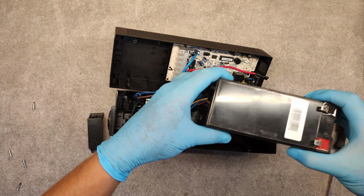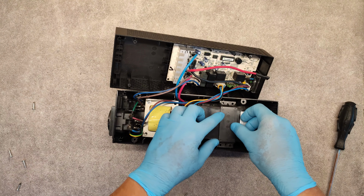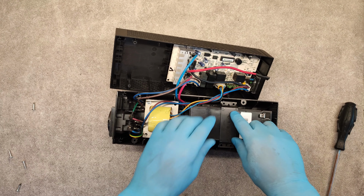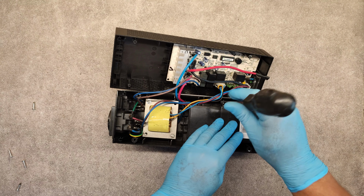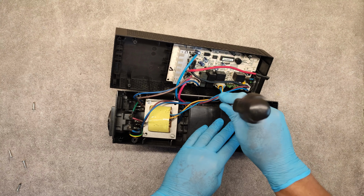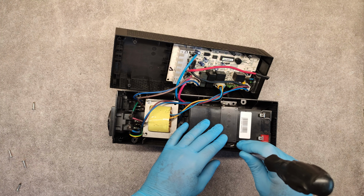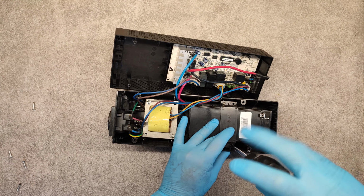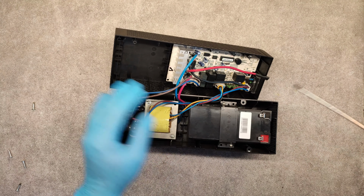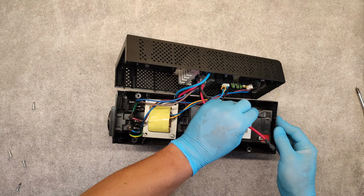Then take the new battery and in a reverse order, place the battery, place this plastic part, screw back its screws, connect the connectors on the battery,